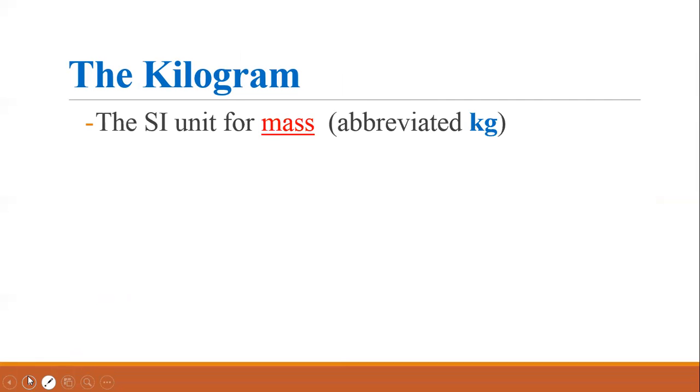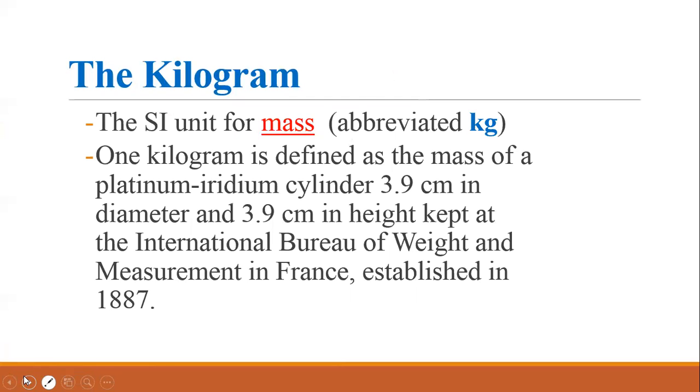Okay, the SI unit for mass is the kilogram, abbreviated by kg, and it was previously defined as the mass of a platinum iridium cylinder, 3.9 centimeters in diameter and 3.9 centimeters in height. And it was all kept at the International Bureau of Weights and Measures in France, wherein they established it in